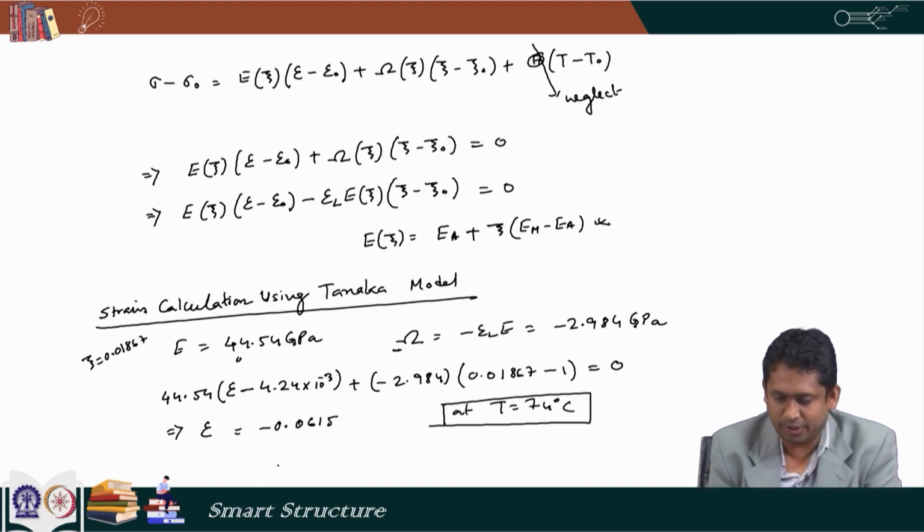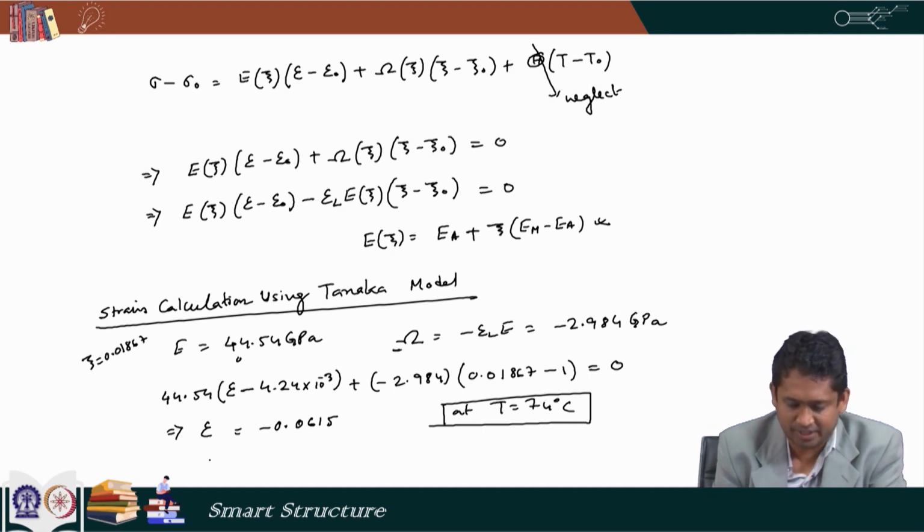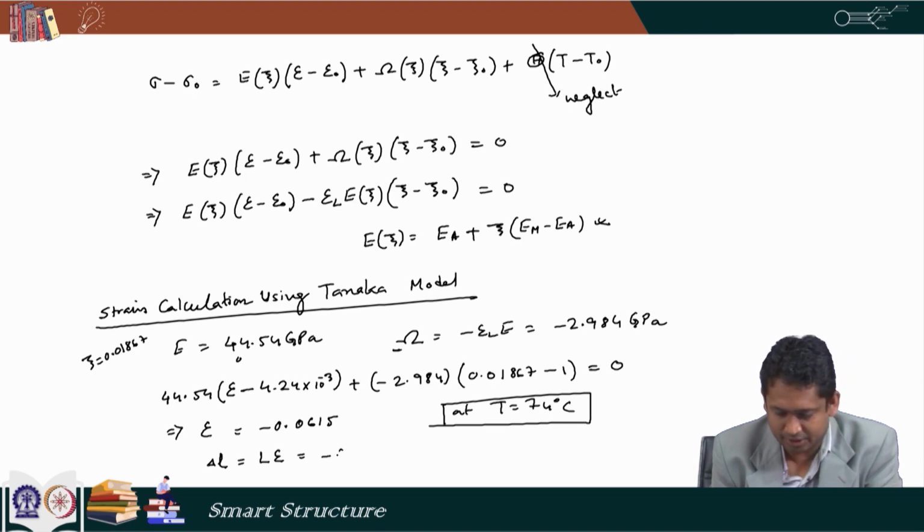Now that we know our epsilon, we can find out the elongation or contraction, which is delta L, and delta L is L multiplied by epsilon, and that gives me a contraction of 0.01845